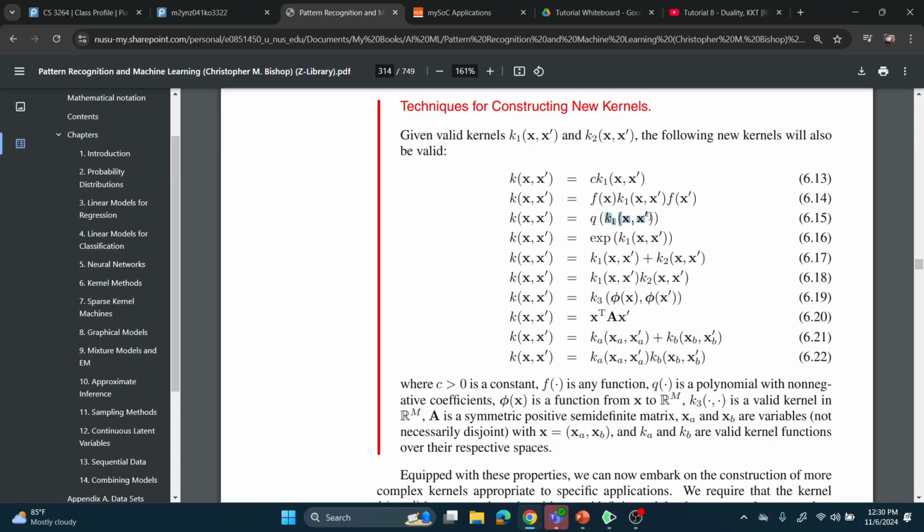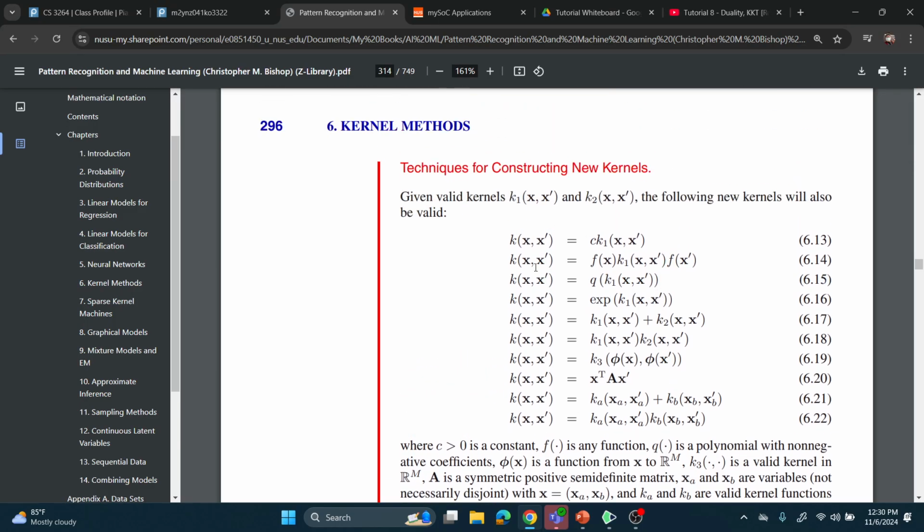Basically, you assume that K1, K2 are kernels. Then you see how I can